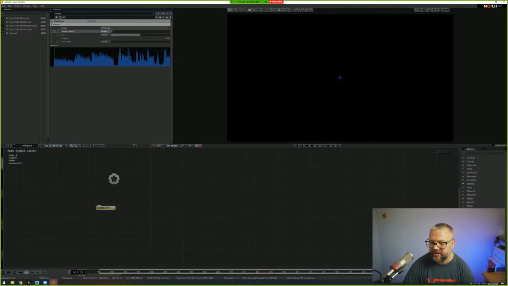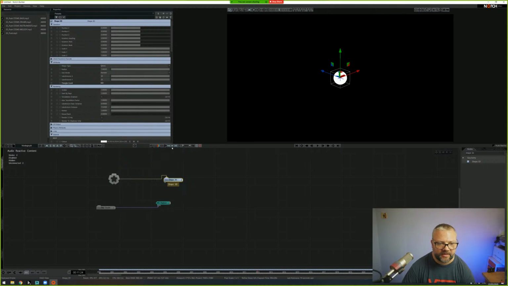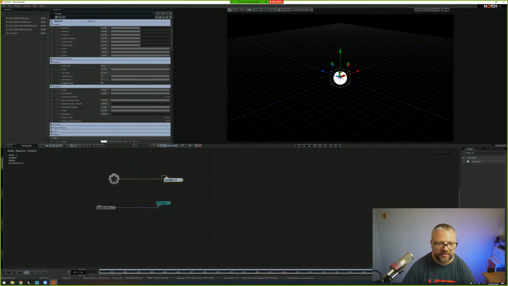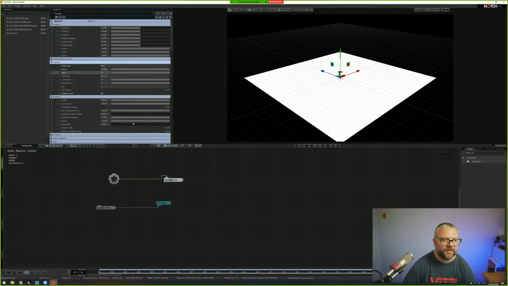The crux of making this work is the FFT texture. So we're going to pipe our sound into the sound input of an FFT texture, and then in order to see what that looks like, I'll grab a Shape 3D, and we're just going to make that a plane. Probably don't need that to be wireframe. Make that a little bit bigger. There we go. And then I'm going to subdivide this. At the moment we've got 20 subdivisions in each direction. We'll need to give us a bit more of that